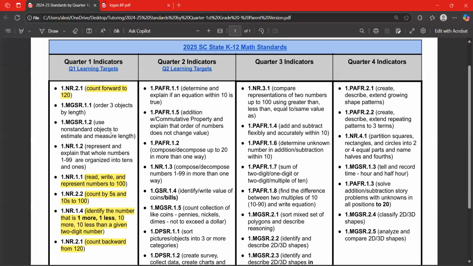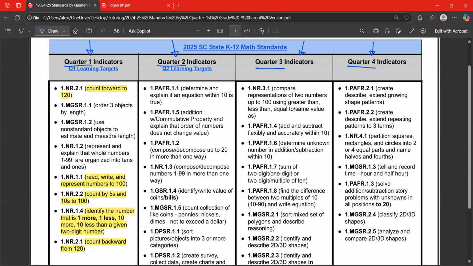Now, these are columns. So this is the column, this is the column, a column, and a column. There's four columns because there's four quarters. Quarter one, quarter two, quarter three, and quarter four. We're obviously going to start in quarter one. And I highlighted some things that we plan on working on together in our lesson videos, like how to count